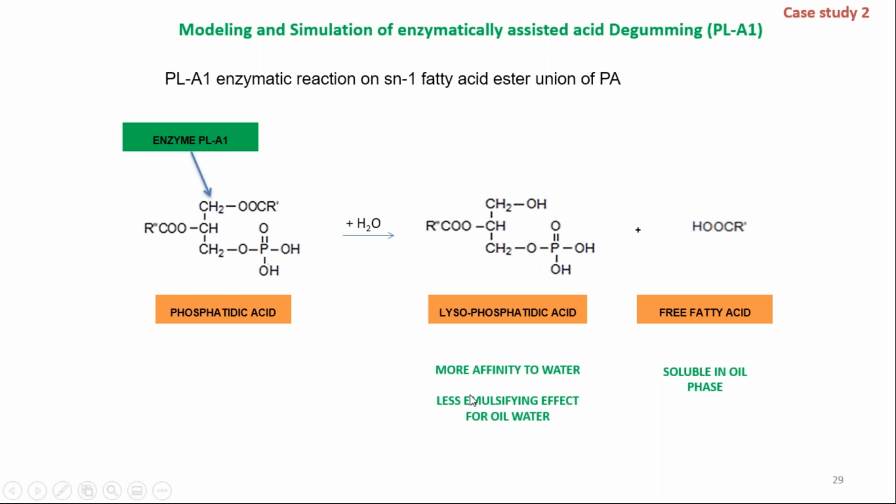So basically we are going to reduce the emulsifying effect, and then the oil losses to the water phase, and we have a gain of free fatty acid in the oil. This is good because we are reducing the volume of gums that we are separating from